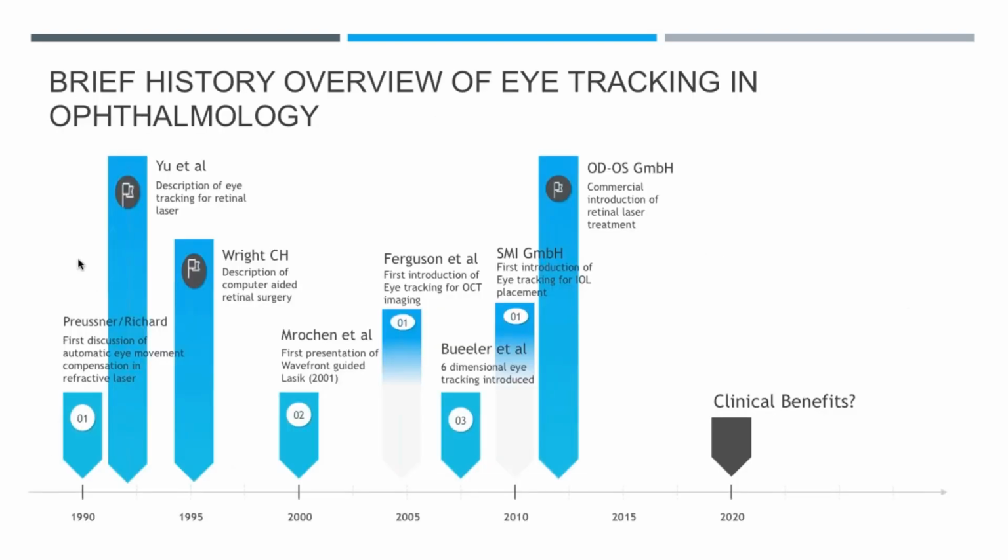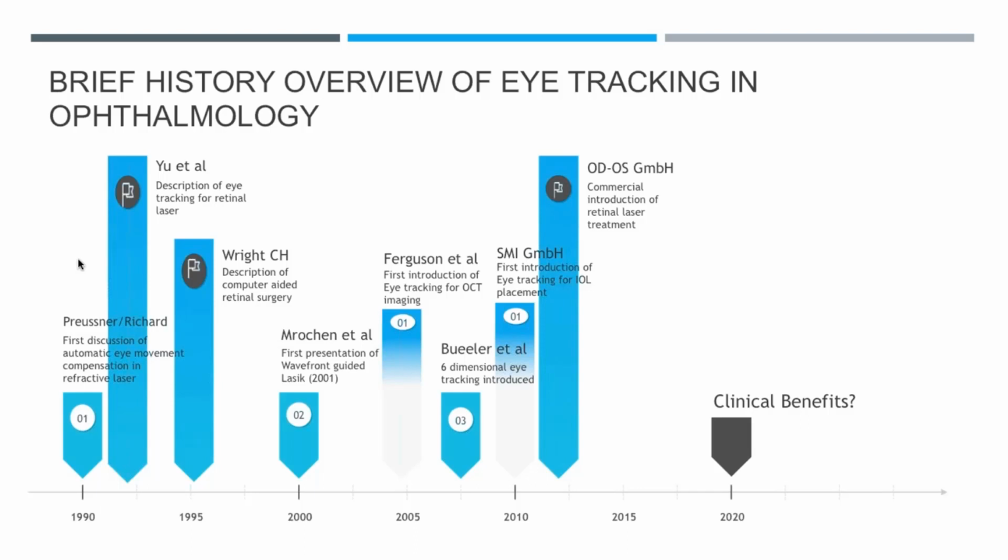So let's look at a brief history of eye tracking in ophthalmology. It dates back to 1990 with the first attempts to use eye tracking and navigation in refractive eye surgery. The real practical impetus comes in 2000, where wavefront-guided eye tracking was introduced and has been popularized in LASIK and photorefractive keratectomy surgeries. Then we are moving on to diagnostic applications with Ferguson and others using eye tracking for